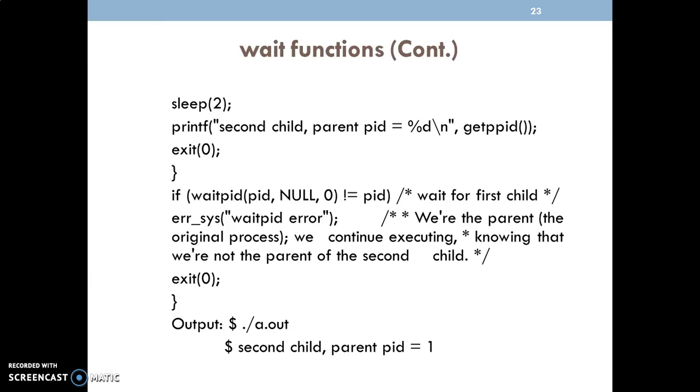To avoid that, we are calling the sleep function for a moment. Then in that case, we are printing the second child details. Then we are terminating. Next, we are calling waitpid. Nothing but the original process A is waiting for the first child, that is B. It is already terminated. Okay. Now the init process will become the parent for the second child, nothing but process C. So in this way we can avoid any process becoming a zombie here by calling the fork API twice.